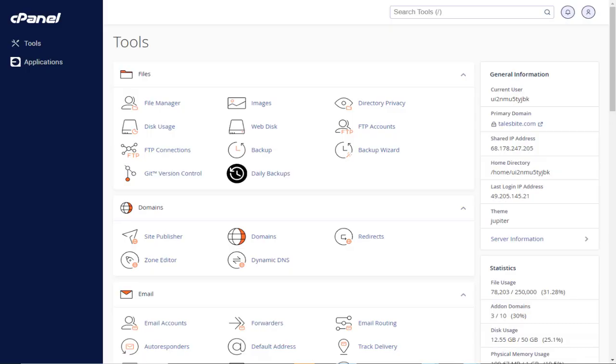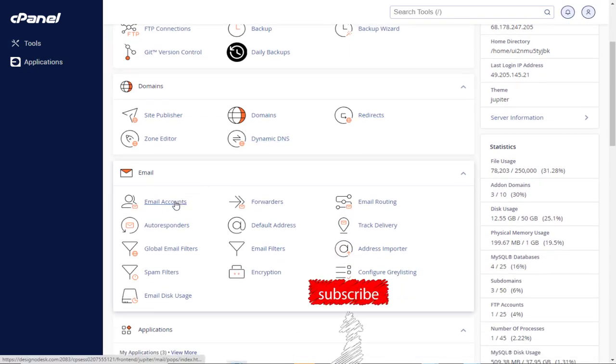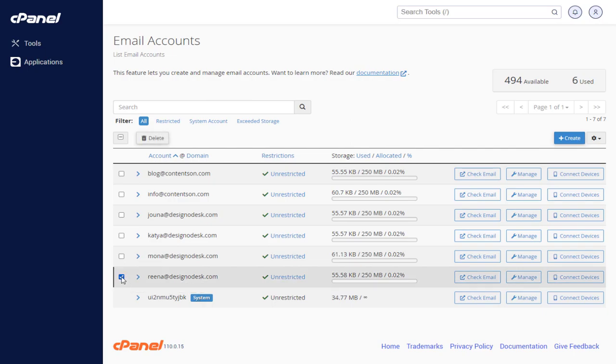the cPanel settings page. We need to scroll down to the email section and click Email Accounts. On this page, you will find all the email accounts created in cPanel. To delete an email account, we can select the email account, and next, click the delete button here,